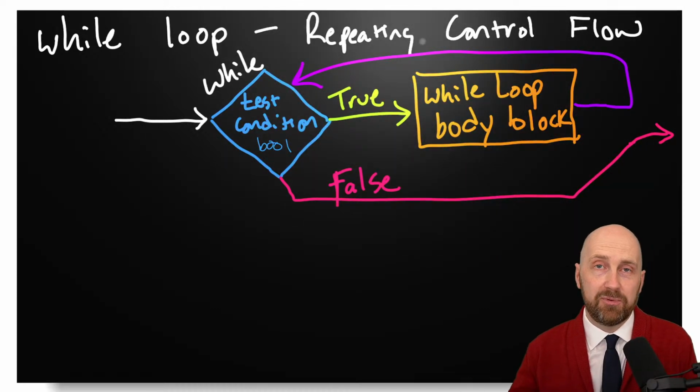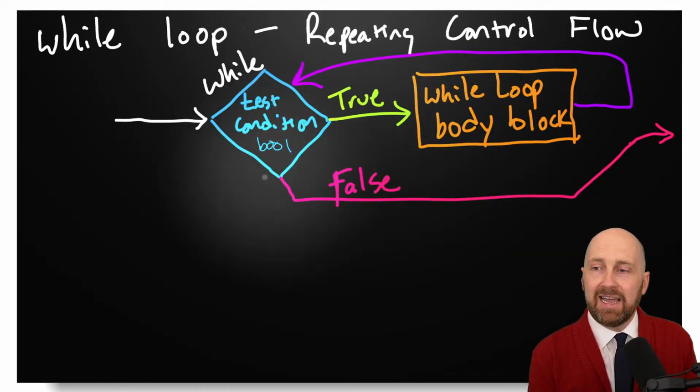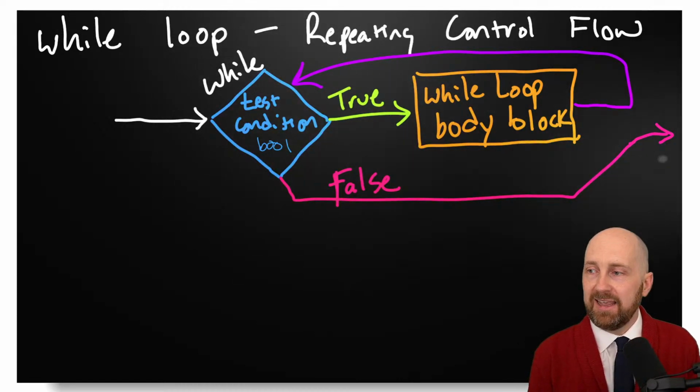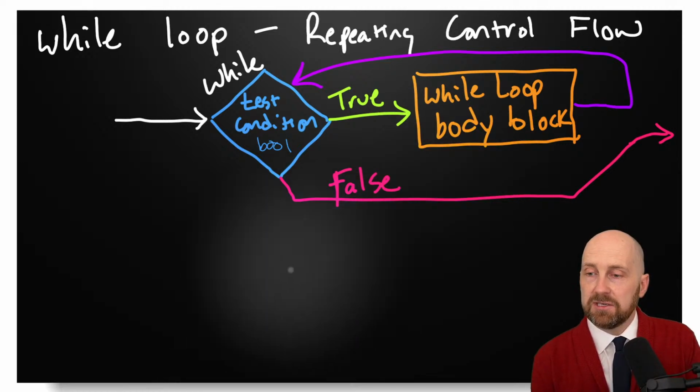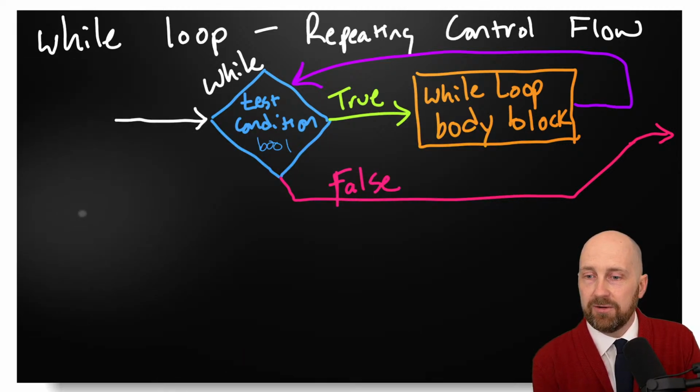We're going to go back up to some point in our code and try the entire block again if that statement is true. And then once this test condition becomes false, that's when we're going to continue on just past it. All right, so let's look at the syntax for this, and then we'll try writing this out in VS Code. All right, so the syntax is,